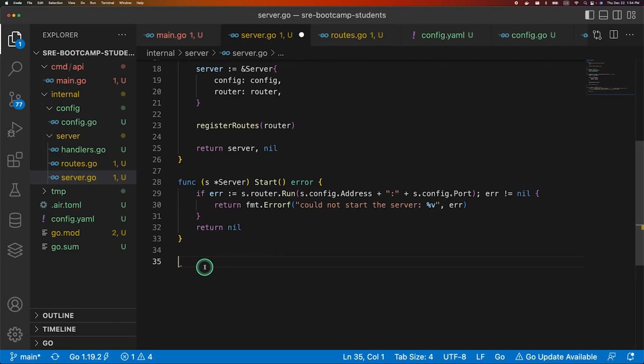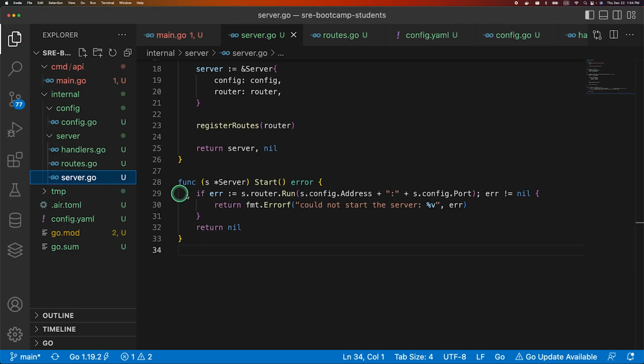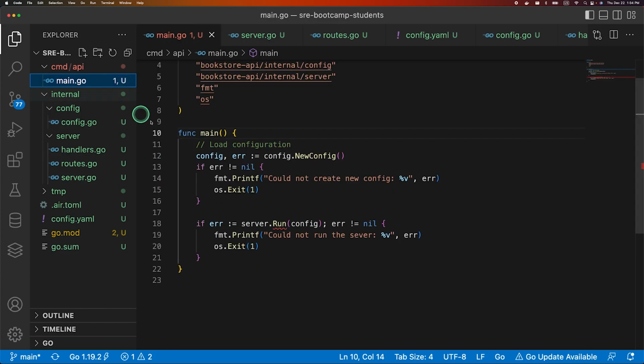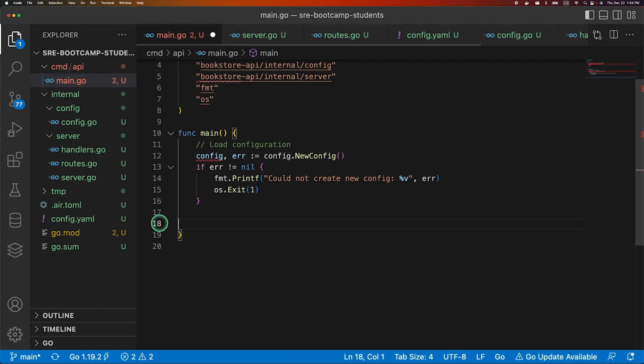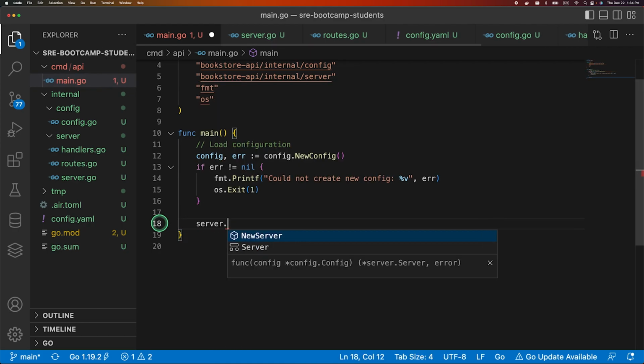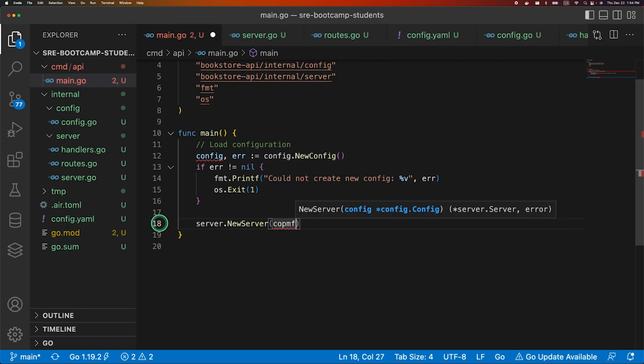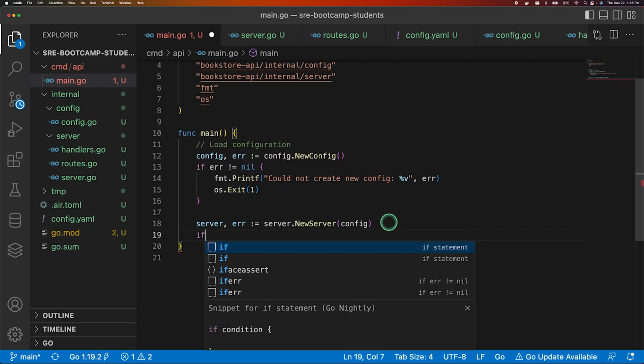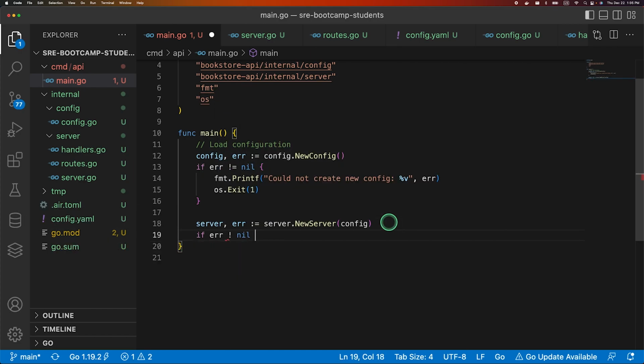Okay, now it is much maintainable and readable as well. So let's go to our main function, and instead of doing this, we will remove it. We'll first create a new server and pass in the config. So it returns a server and an error. Let's assign the values, and if error is not equal to nil, then